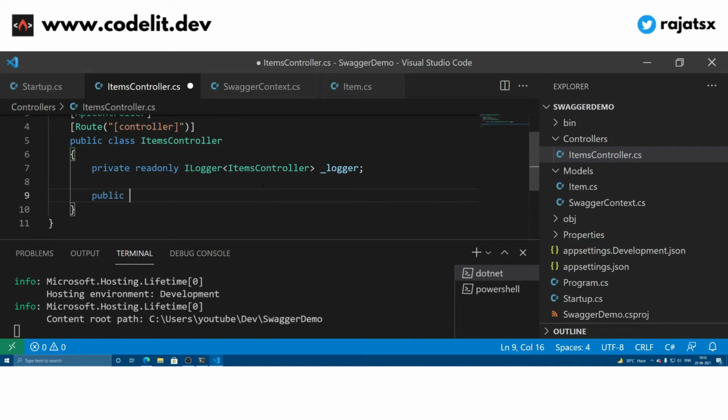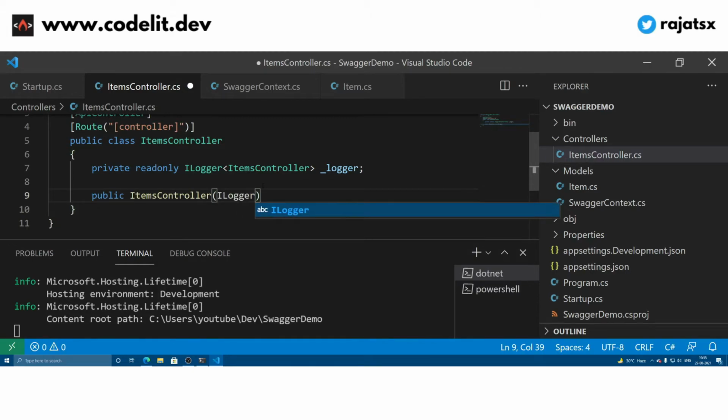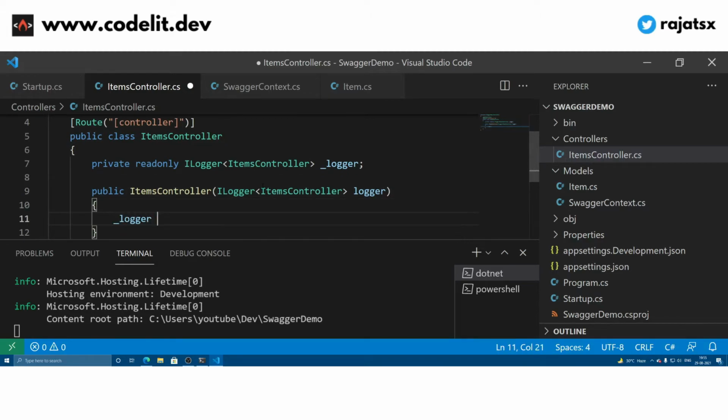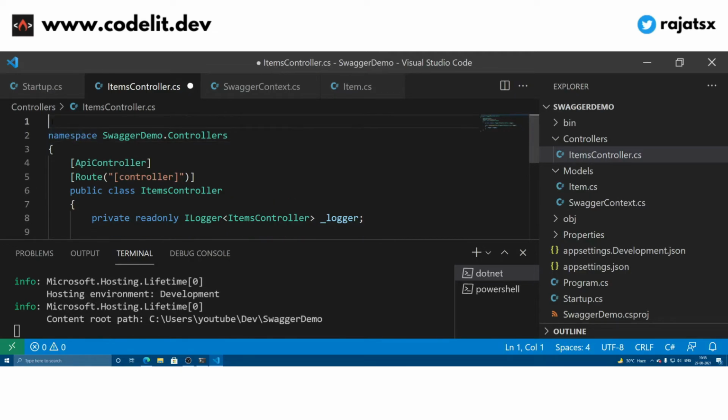So public ItemsController, then it takes an argument ILogger ItemsController and then logger. Okay, so it simply sets the reference, and in order to use the ILogger thing, you also have to import a namespace called Microsoft.Extensions.Logging. Okay,